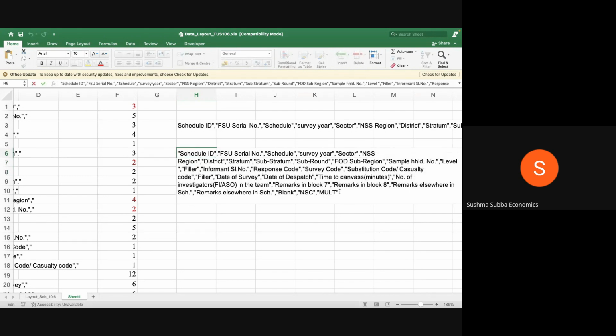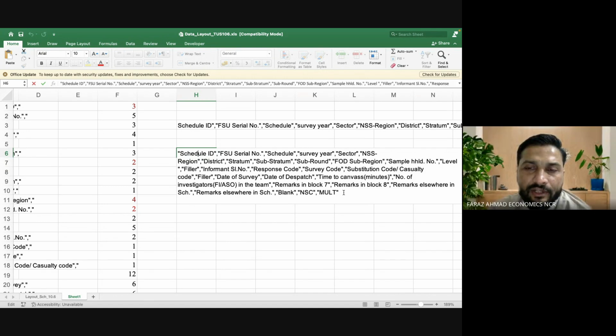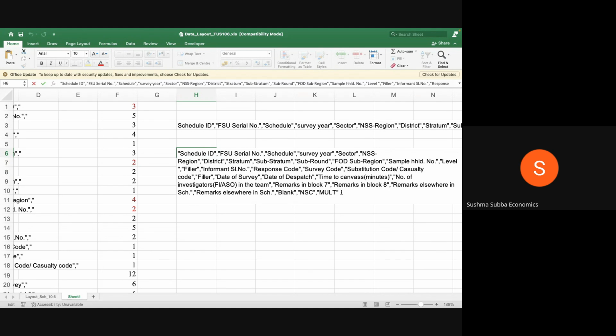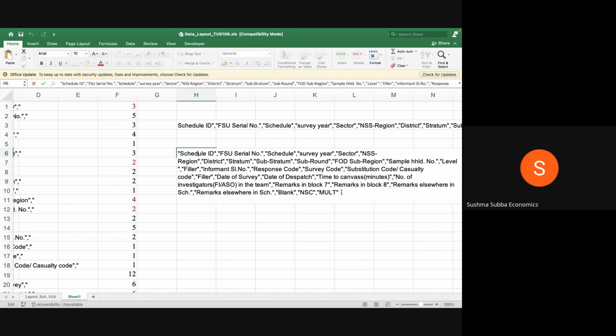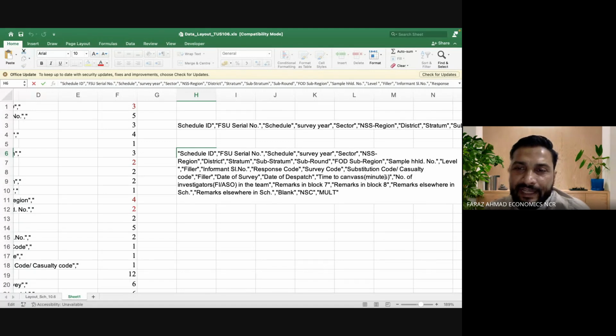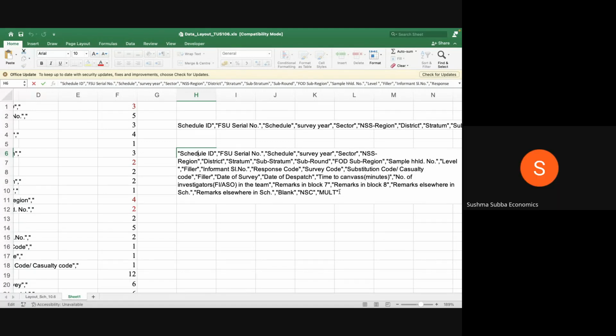सर बैक साइड में क्या करना है आपने बताया, वो वहाँ पे बीच में आया? लास्ट में एक कॉमा, एक कोट एक्स्ट्रा होगा ना, वो हटा दीजिए। अच्छा। मेरे में से कुछ इन्वर्टेड कॉमास मिसिंग हैं, वो क्या खुद ही मैनुअली करना है सर? मिसिंग कैसे हो सकता है, फॉर्मूला लगाया तो। डेट ऑफ डिस्पैच, टाइम टू कैनवस मिनट्स नंबर, वहां से कुछ इन्वर्टेड कॉमास मिसिंग हैं। अगर मिसिंग हैं तो आप मैनुअली लगा दीजिए। हाँ, लगा दीजिए।